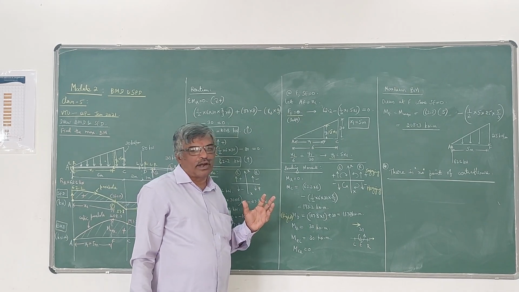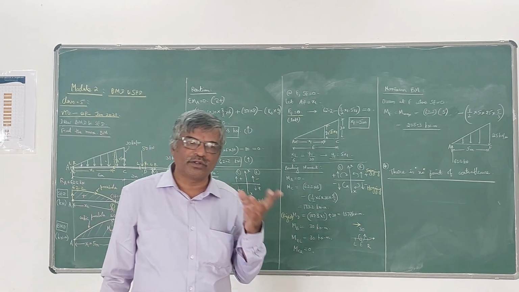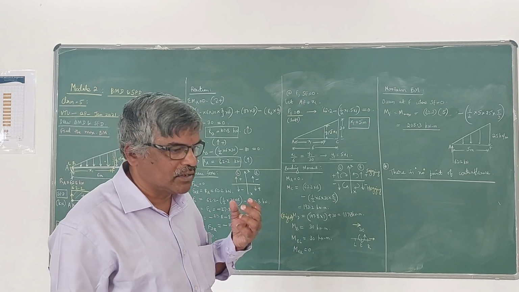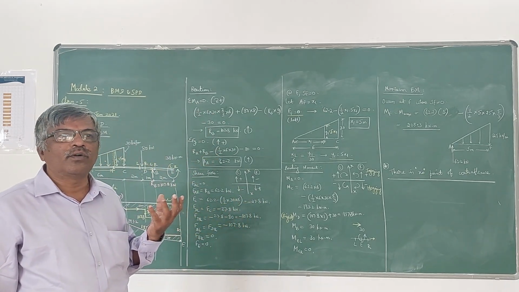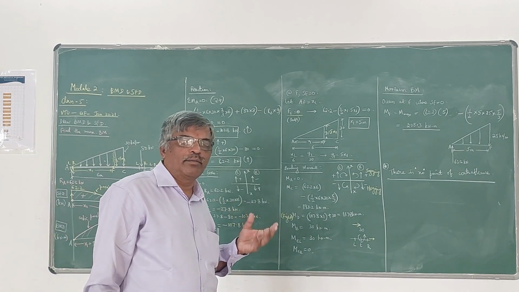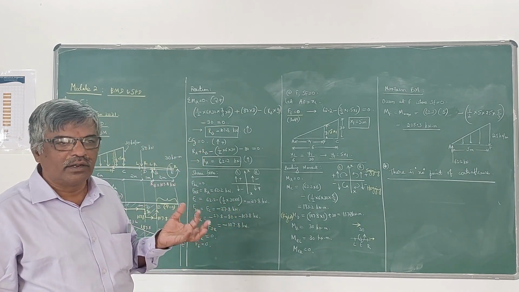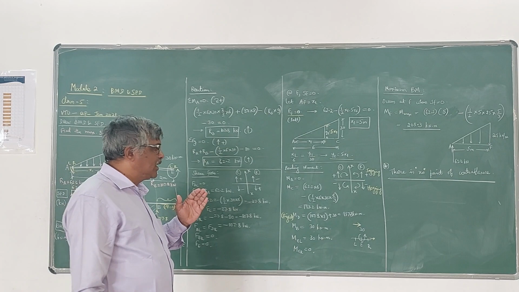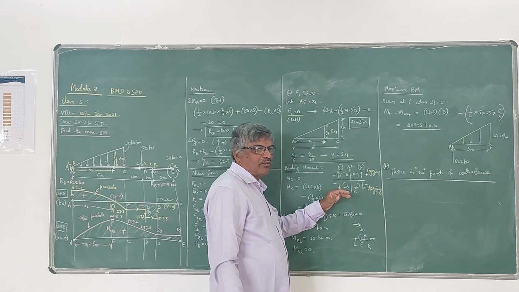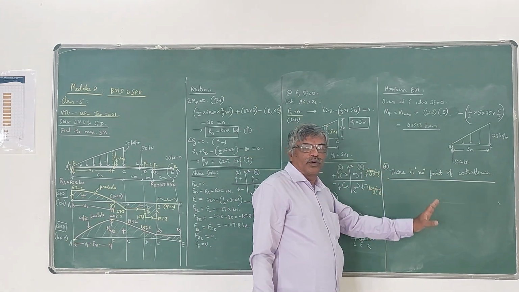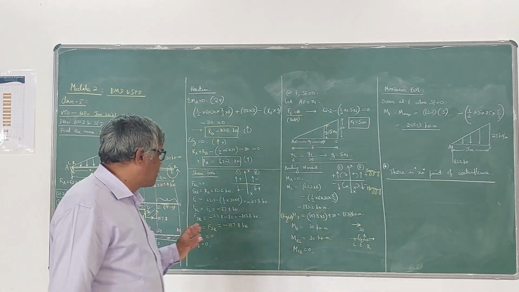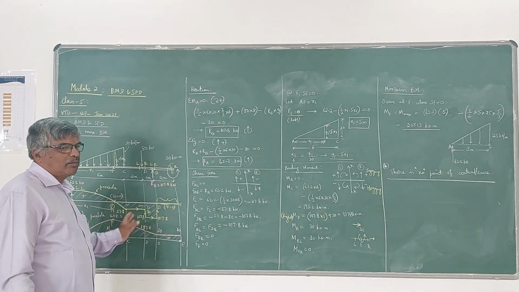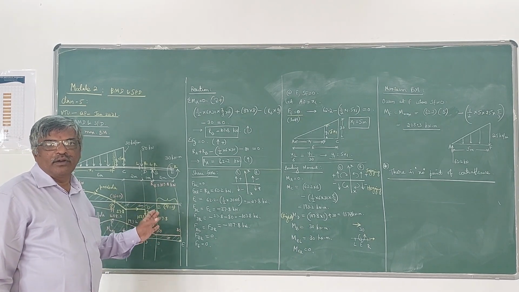Please keep in mind that you have two values of shear force at the point where a concentrated load is acting or a reaction is acting. You have two values of bending moment at a point where an external moment is given, one just to the left, another just to the right. So be careful with sign conventions. And in this example, you don't have any point of contraflexure because the entire beam is subjected to positive bending moment, that is sagging bending moment, due to the given loading condition.